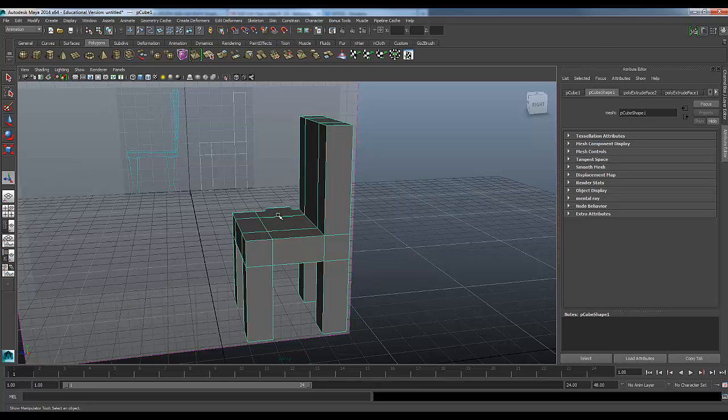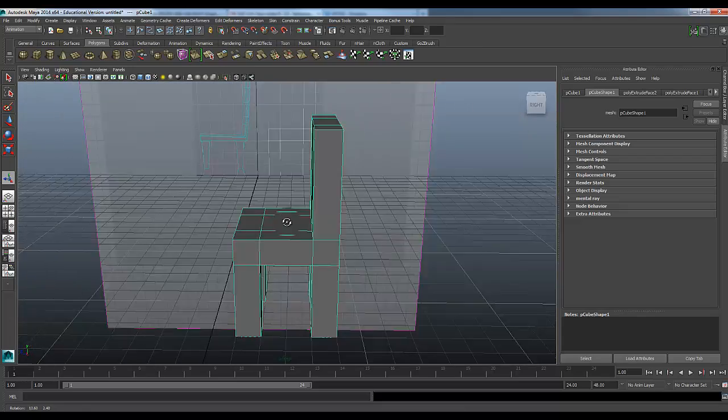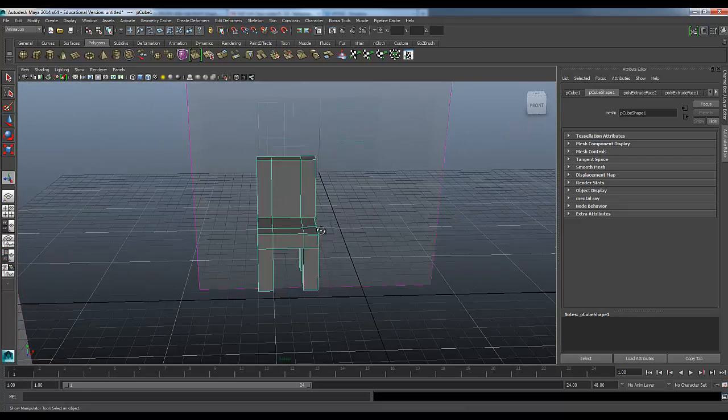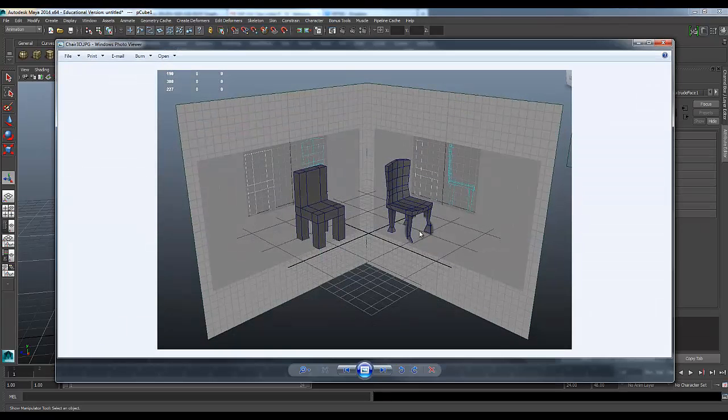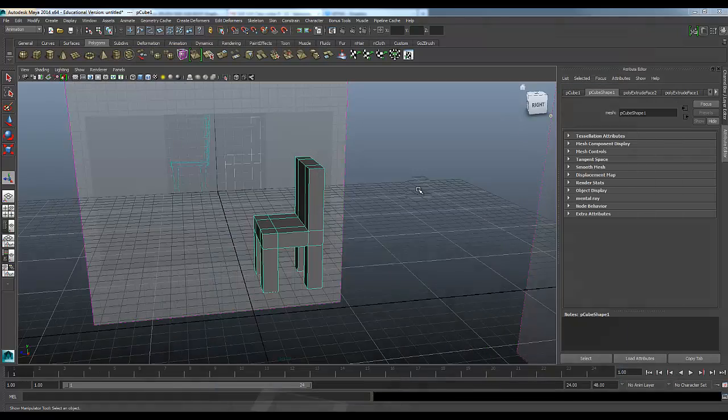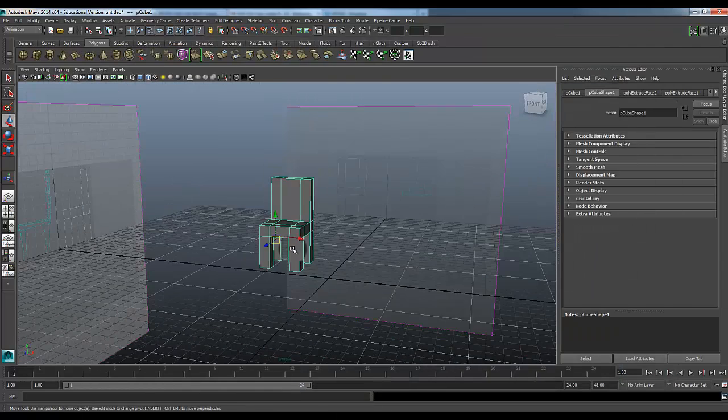Because let's face it, this blocky little chair, there really isn't too much to it. But this other chair looks a little more interesting. It's got a few more curves to it. It's got more depth to it. Looks a lot more comfortable actually than this kind of Lego block looking thing. So what we're going to do is just take this basic chair here,